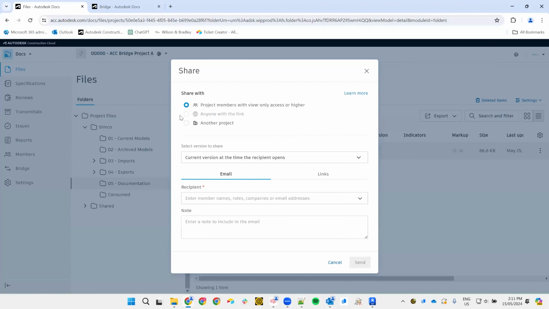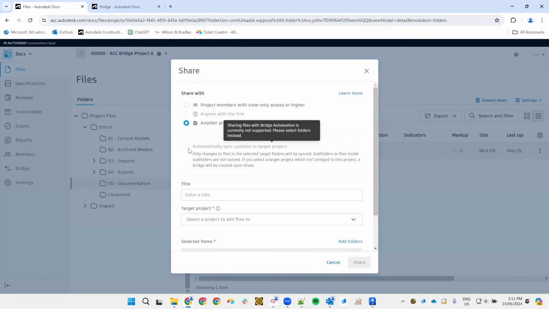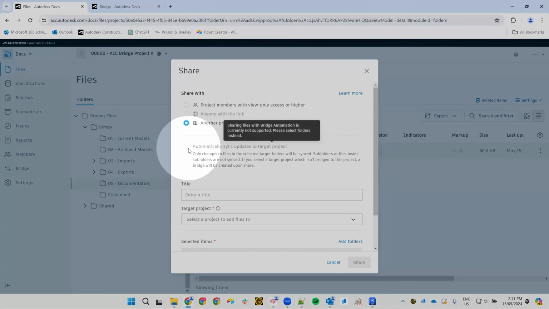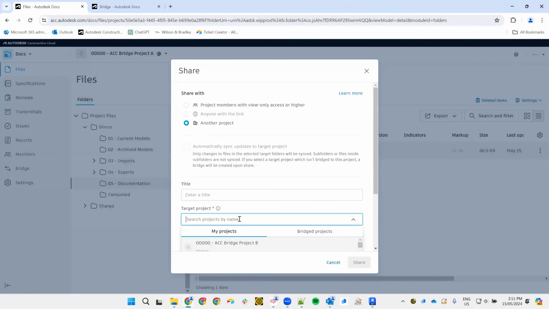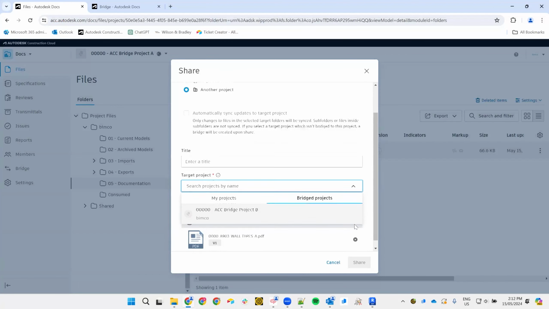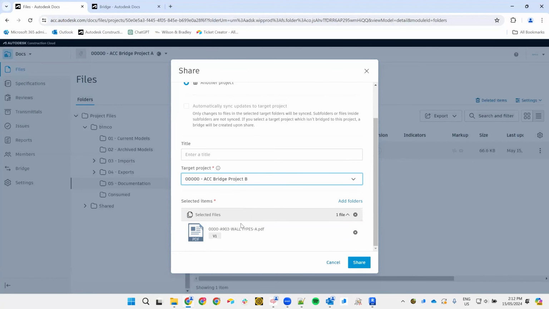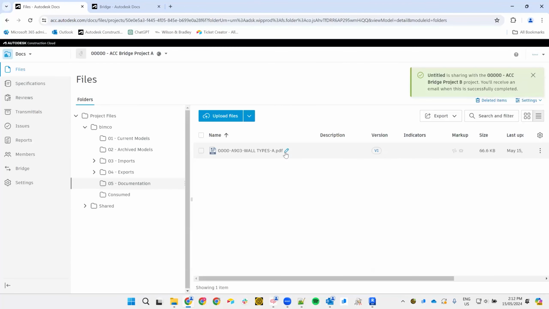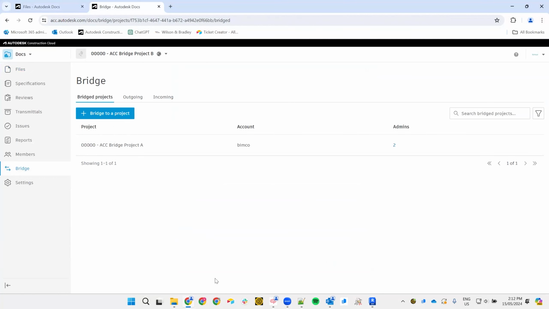Share. Now you'll notice that when we pick another project, this is now grayed out. And you can see the prompt there, sharing files with bridge automation is currently not supported. So the keyword there is files. Please select folders instead. Okay, so if we were to send that over, we can pick any project. We can go to our bridge projects here. It tells us a little summary of what's being shared. We can click share. That's now going to share just that one file, a copy of it, over to project